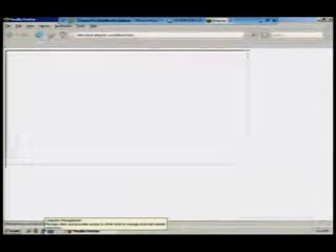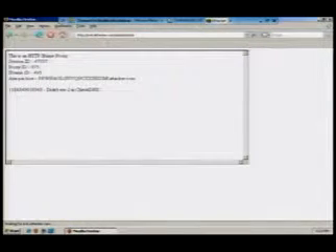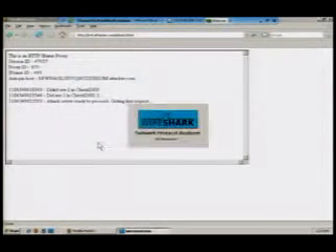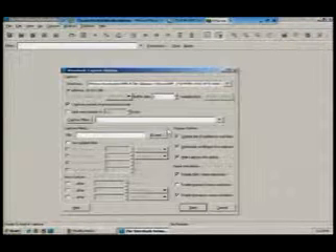Okay, so if we switch back to the victim side, we can see that a new iframe has popped up. This time it's going to a random host name. I forgot to start up Wireshark earlier. Now at this point, the DNS change has already been made. The firewall rule's already been created.